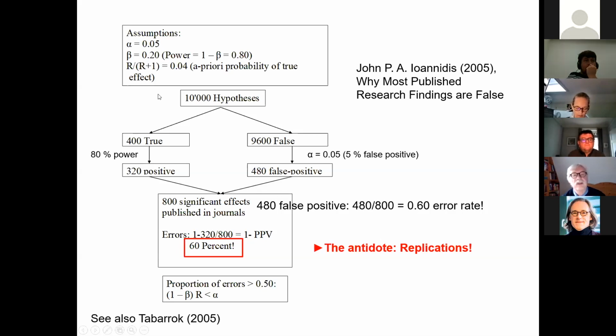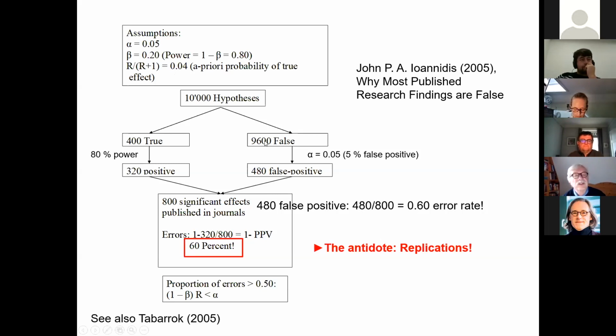This scheme makes Ioannidis' argument easy to understand. We start with, say, 10,000 hypotheses, maybe in genetic research, 10,000 genes which might be susceptible for one trait. From these, we have an a priori probability that 4% have true effects related to the trait. So 400 are true,